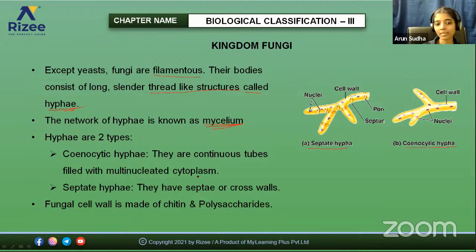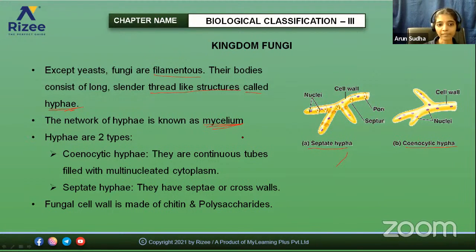What do you mean by this? We saw that a hypha is a thread-like structure. If you see the mold on bread, you can see fine thread-like structures as the initial growth, and then these thread-like structures all connect together to form the mycelium. Initially the growth is only in some places, then it rapidly spreads to huge areas. That is the mycelium. The network of hyphae is known as mycelium, and the basic single thread-like structure is called a hypha.